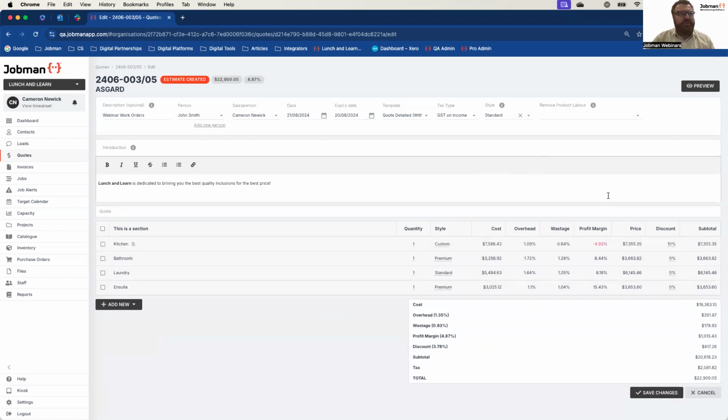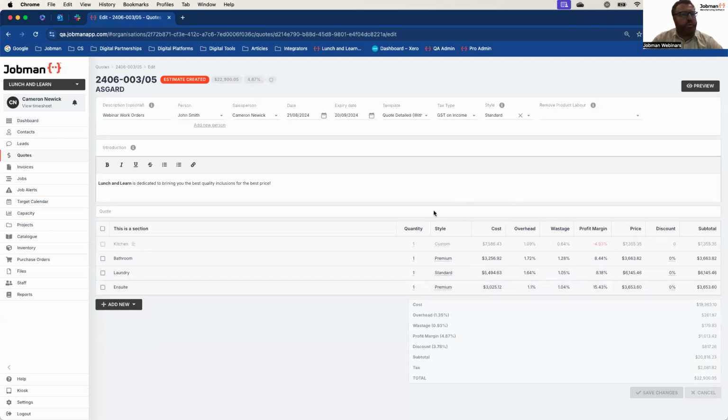There are super fantastic inclusions. You can see that by applying 10%, most people would think their front loading is covered, but because my labor and my operations in there can't be reduced, just because I discount the product doesn't mean it's going to take less time. You know what I mean? You can see live what impact that will have on your quote, all at your fingertips, which is phenomenal. And that in itself is one of the first superpower steps to be able to use Jobman. And then where we can take that information from there is absolutely fantastic.